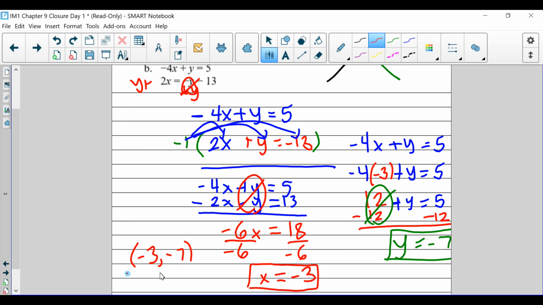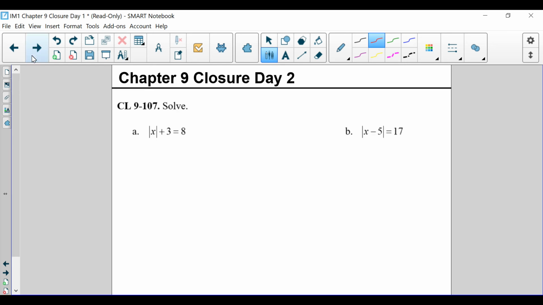How'd we do on that one, you guys? Better? Hopefully, pretty good. All right, and then finally here is our last question. We've got inequalities. Let's do this. So when you're doing absolute values, before you even remember what to do, remember absolute values actually have two answers, because this